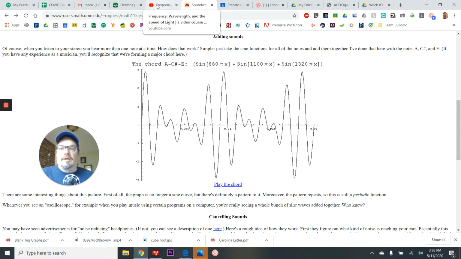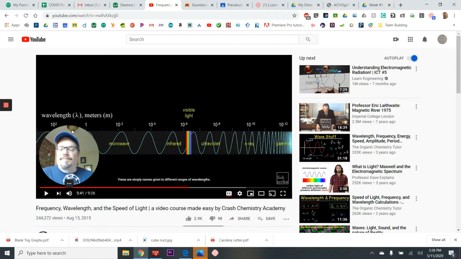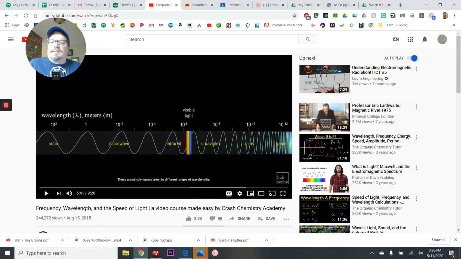The next thing we can go into is actually light. Light actually is a wave and a particle, but it's a wave. And so here we can see that if it's a light wave, if it has a long wavelength, all right, now this is the same constant. Light moves at the same constant speed no matter what,